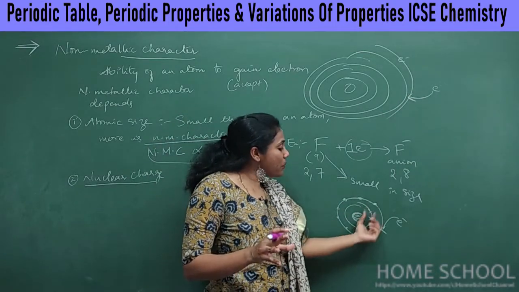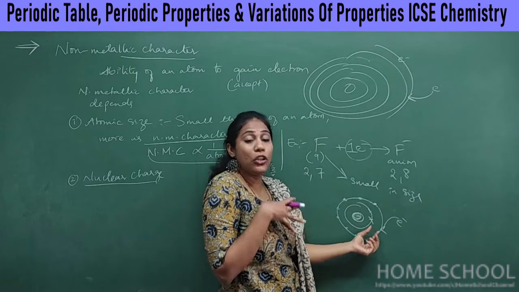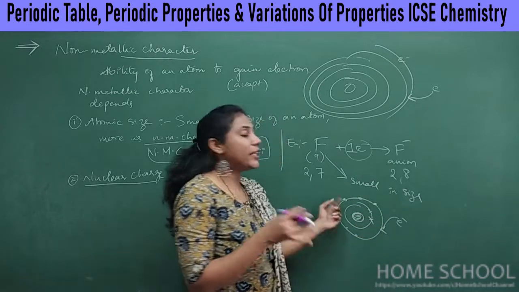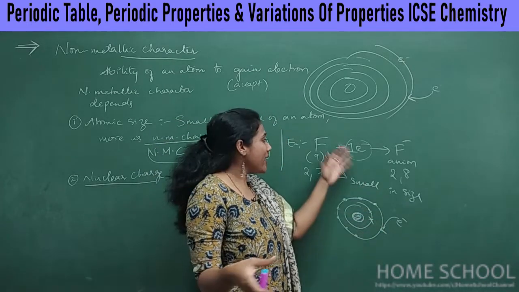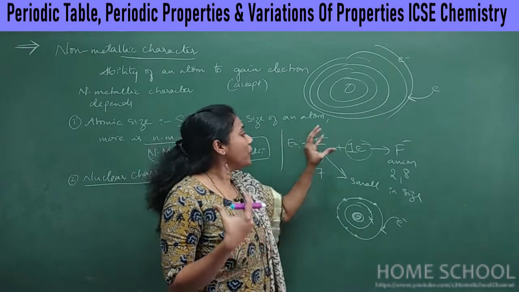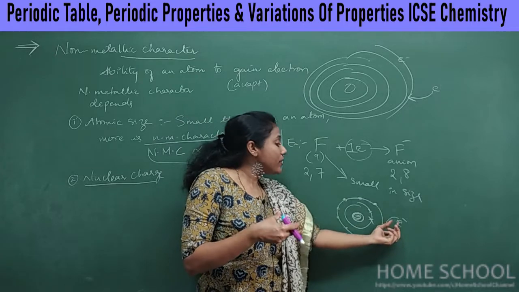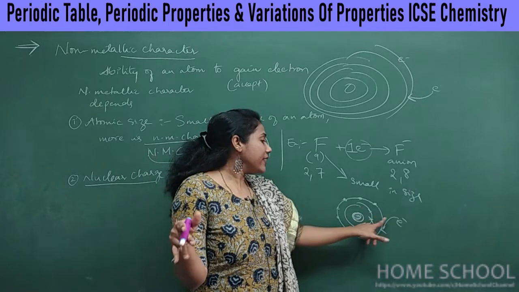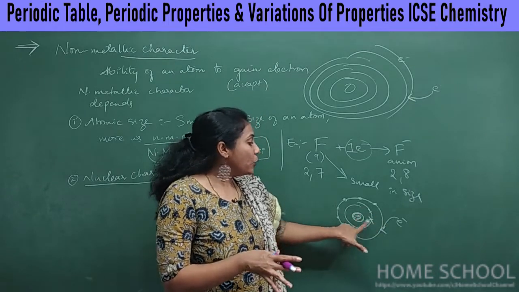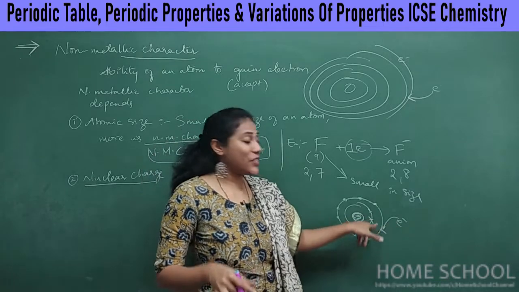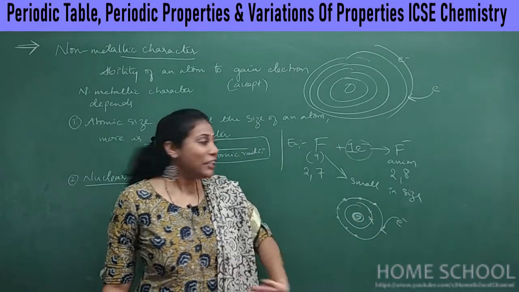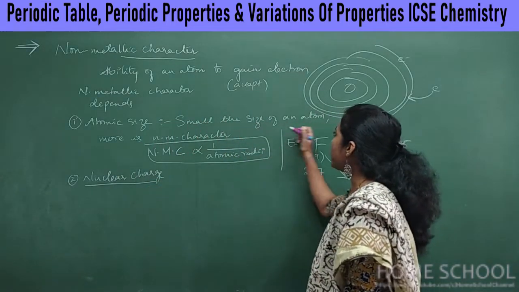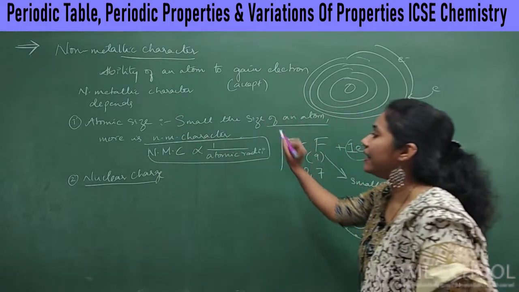That's why, the smaller the atom, the outsider electron can also get attraction from the nucleus. Only then can that electron happily stay in the outermost shell. Otherwise it's not possible, so it's a waste of accepting an electron. So when does fluorine accept an electron nicely? When the outside electron can get nice attraction from the nucleus. That happens only when the distance between the nucleus and the outermost shell is less, because the electron has to settle in the outermost shell. Hope the concept is clear. That's the reason we say the smaller the size of an atom, the more is the non-metallic character.